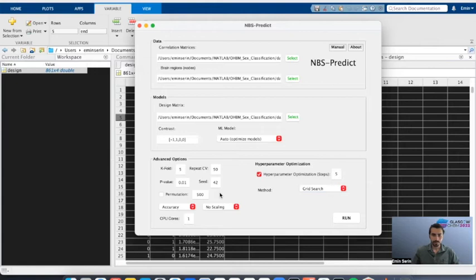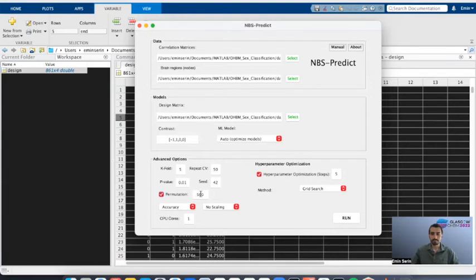Another important parameter to define is the permutation testing. To activate permutation testing, just activate it here, and we use it to evaluate the significance of the model performance.